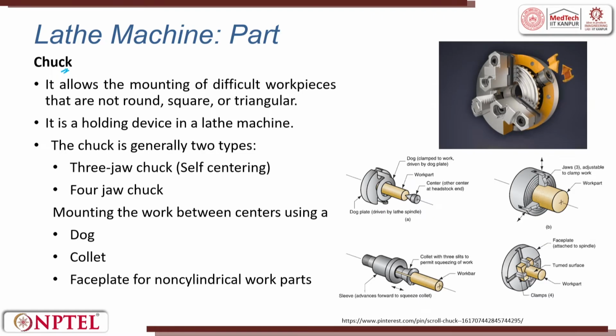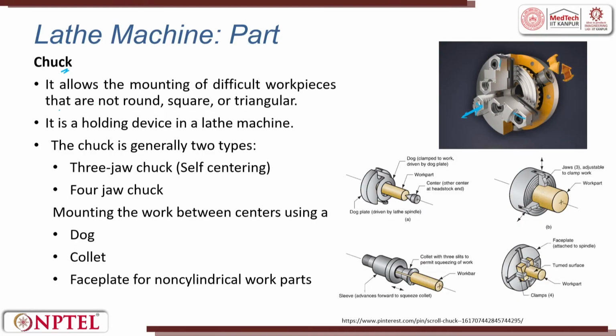So, here we will try to see the chuck. In a lathe machine, it is very interesting to see we have 3 jaws, and these 3 jaw chucks are called self-centering chuck. That means when I keep the workpiece in between the 3 jaws and rotate one jaw, all the jaws will move uniformly and help in locking the workpiece. It is interesting, when you lock one, all the 3 will come and grip the workpiece.